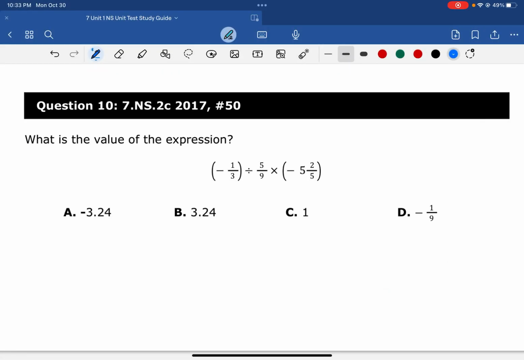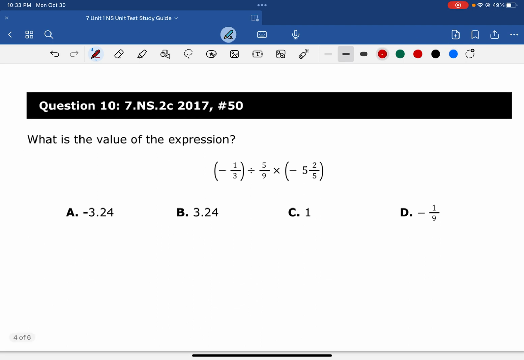This question says, what is the value of the expression? Because it's a multiple choice question, let's start with RAISE. We already read the question. We know it's an NS question type because it just deals with fractions and mixed numbers, which deal with the